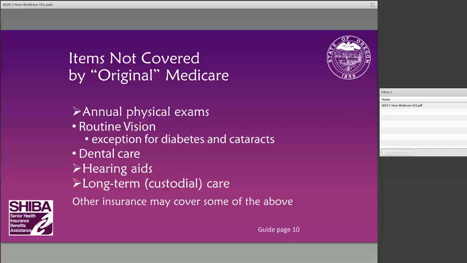So I mentioned that annual physicals are not covered under Medicare, just the wellness visits. Other things that were not covered or considered medically necessary in 1965 was routine vision. So if you just want to go have your eyes checked and get an updated prescription for a new pair of glasses, that is not going to be a Medicare covered item. However, if you have medical issues of your eye, like cataracts,